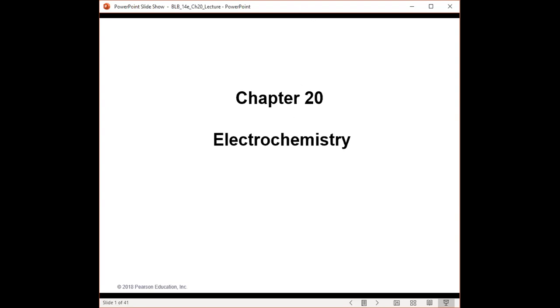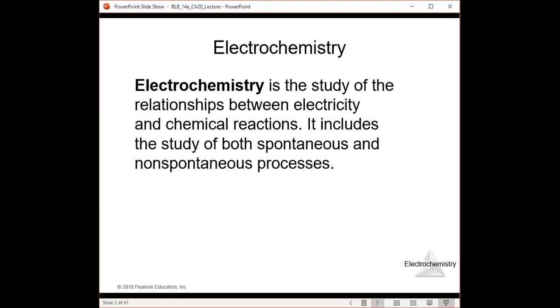So, electrochemistry. Electrochemistry deals with basically the relationship between electricity and chemical reactions. The reason why we want to deal with this is because we have to deal with spontaneous and non-spontaneous reactions and what happens with these different types of processes. Now, with that,